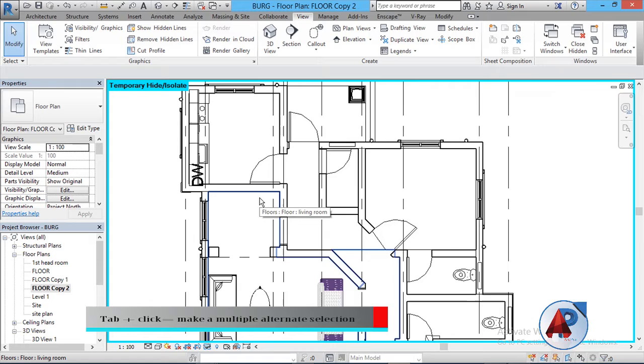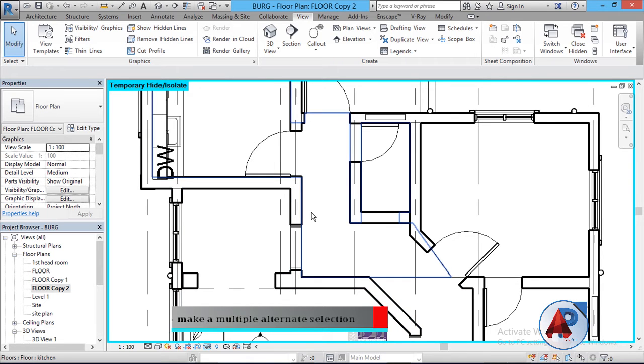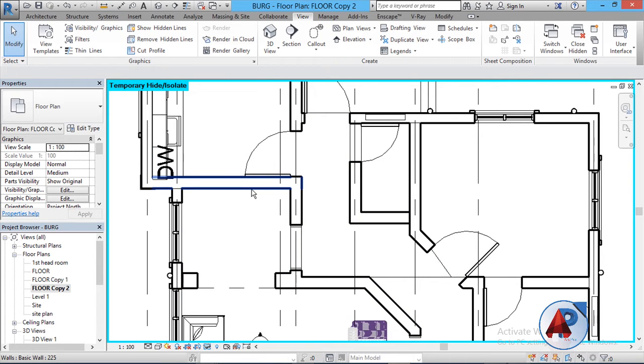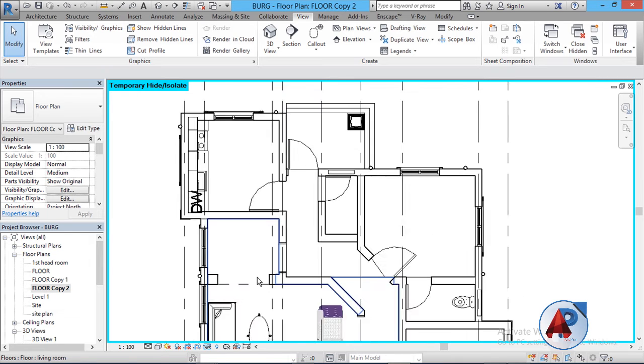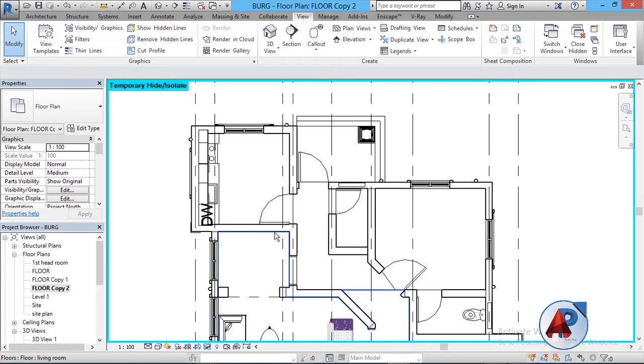Now for example, if I want to click on this wall, I want to make a multiple selection, and if I tab, I want to click. If I tab on this wall, you see that I'm directed to make a selection of these multiple walls.